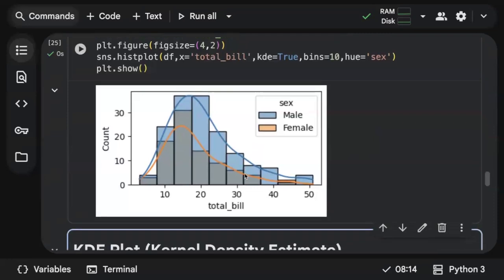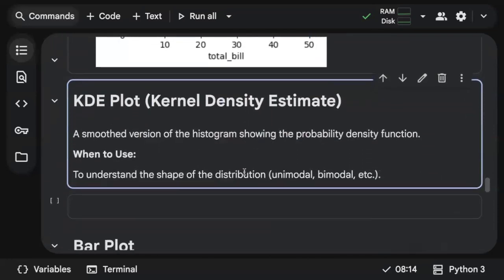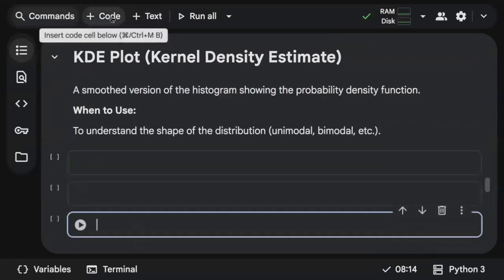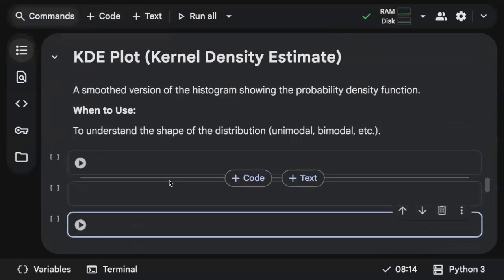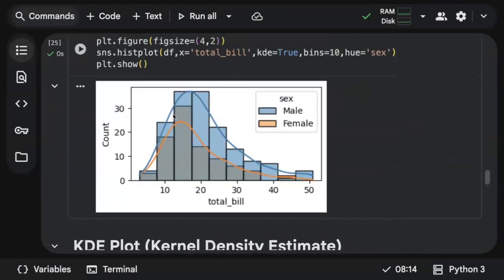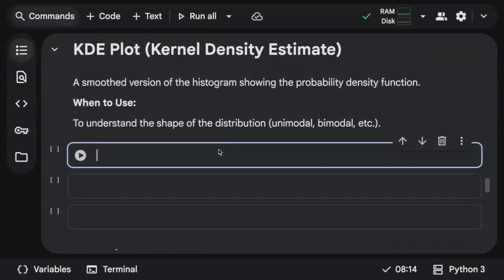Yeah, there is one more graph which you need to understand similar to our histogram, that is the KDE plot. So we call it a smoothened version of the histogram showing the probability density function. So when to use it? Many a time if you just look into the bars, you don't understand it, right? So in that case, usually what we do, we just use a KDE plot. KDE just gives you a curve so that it's easy for you to recognize if your data is symmetrical, right skewed, or left skewed. In this case, can you see the curve? It is showing bars along with a curve, but what if you want only the curve? For that we use a KDE plot.